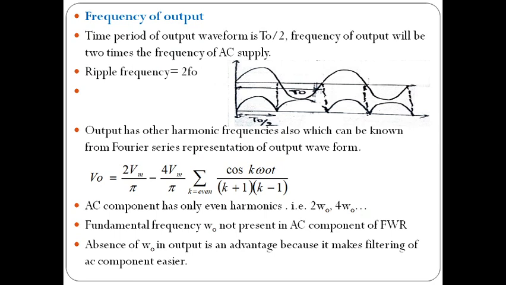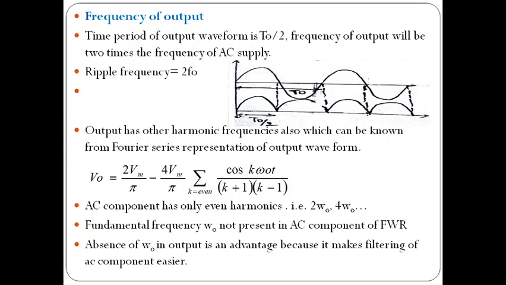Of output, so here you can observe the time period of the output waveform is T0 by 2. The frequency of output will be 2 times the frequency of the signal. So we can say the ripple frequency or output signal frequency equals 2f0. Why? Because the time period is T0 by 2. Clear? So it is also a non-sinusoidal signal, therefore it has harmonic frequencies, which are known as the Fourier series representation